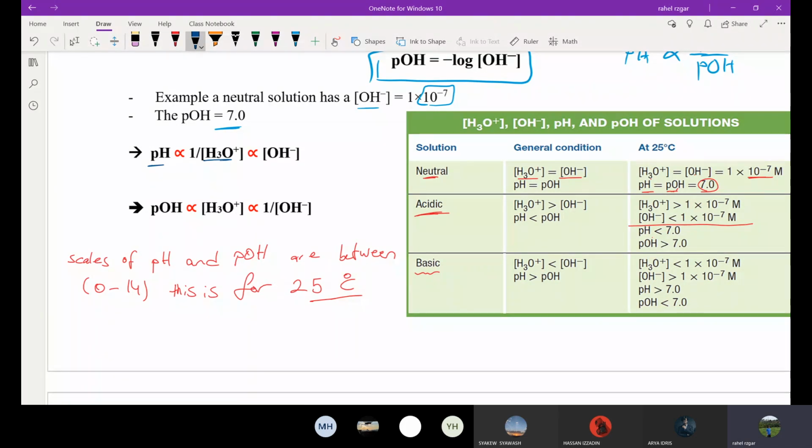That's why pH and H3O are inversely proportional. And we know H3O and OH are also inversely proportional. Okay? But pH and OH are directly proportional. Why? If OH increases,